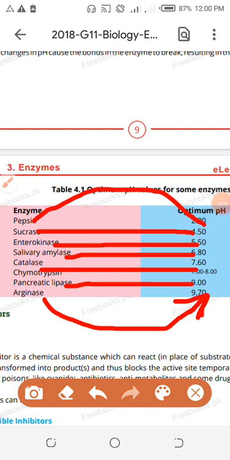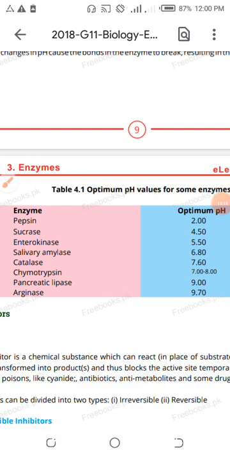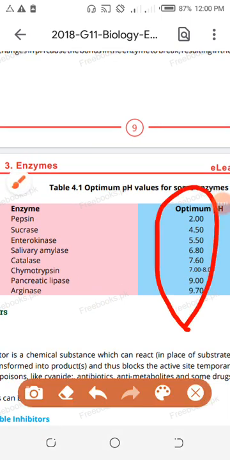The point I wanted to explain is that these are simple details. Normally we say amylase works in basic medium, pepsin works in acidic medium, lipase works in basic medium. These pH values are confirming that they are working at maximum. They are working maximum at this pH. So these pH values are confirming that enzymes work maximum. So we go